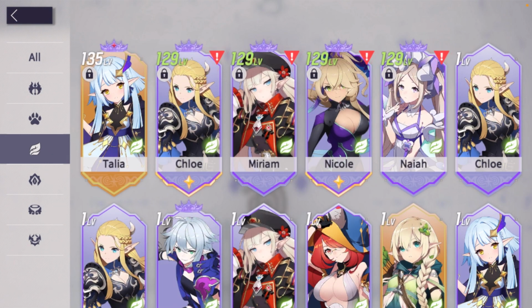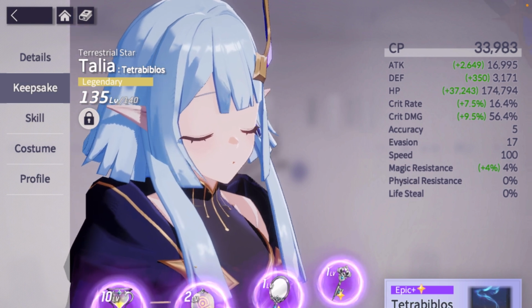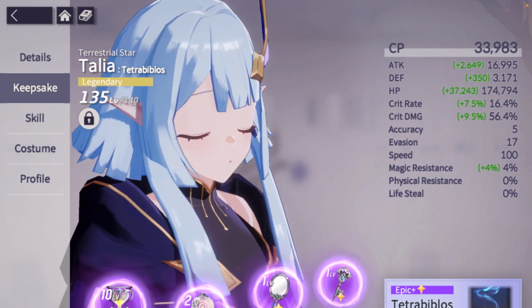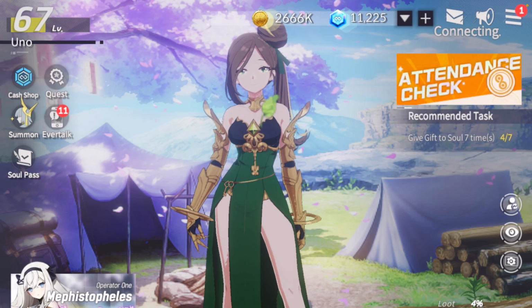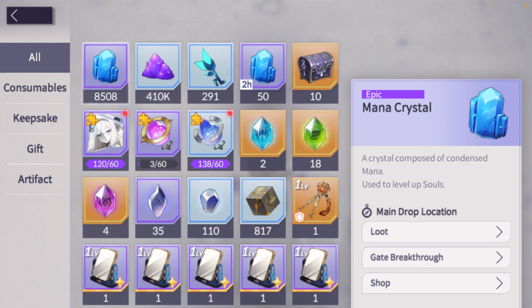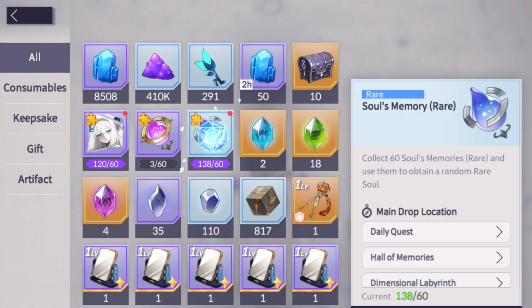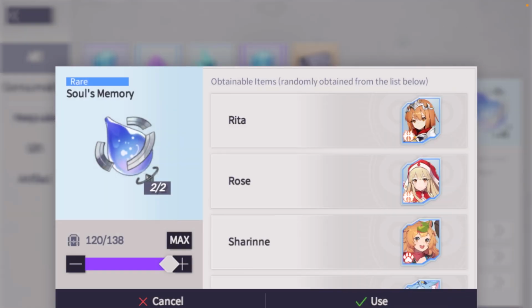Right. This is pretty much a breakdown of Talia and her artifact for the most part. Keepsakes we're not going to do because we do not have her legendary sets available. If you're not familiar, there are keepsake sets around legendary and up. I'll just show you very quickly. There. So you see that defense set. We do not have that available yet for Talia. And personally, I would not level up any keepsakes unless it's for a request. Until then,